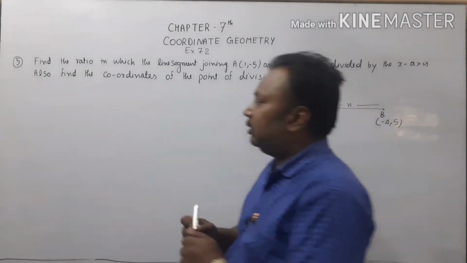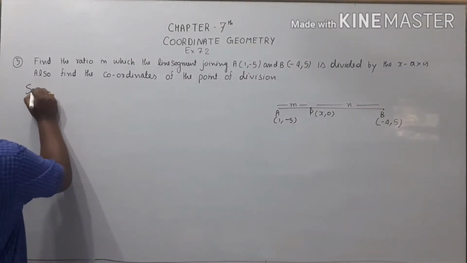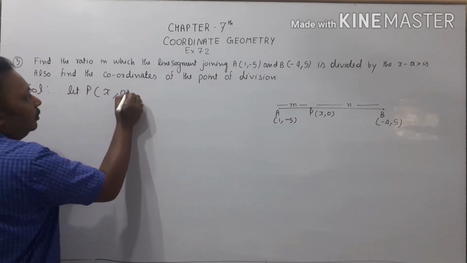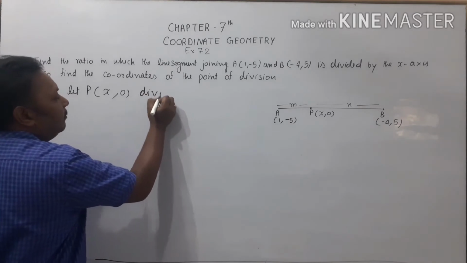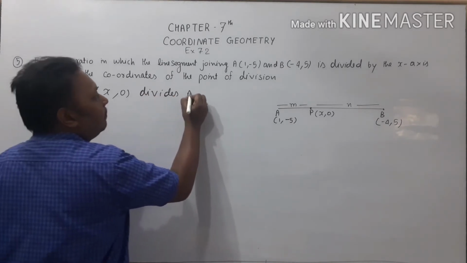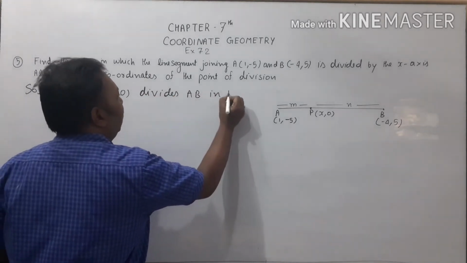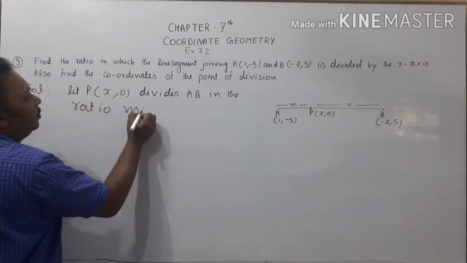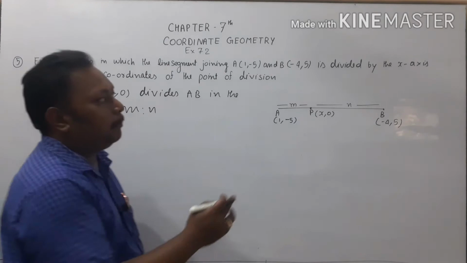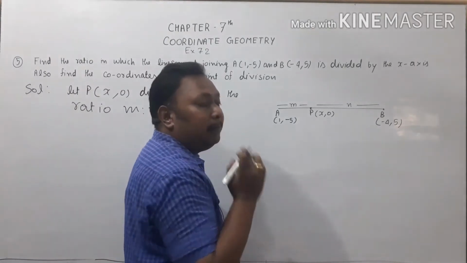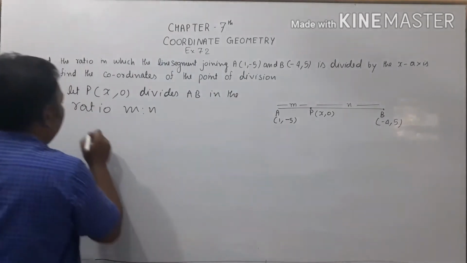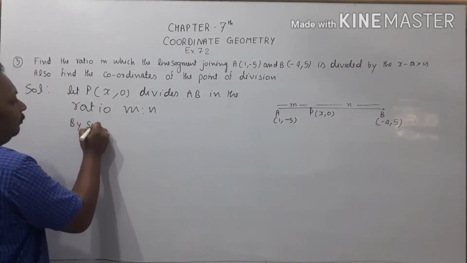Let P (x, 0) divide AB in the ratio m:n, because P is any point on the x-axis. So by the section formula,